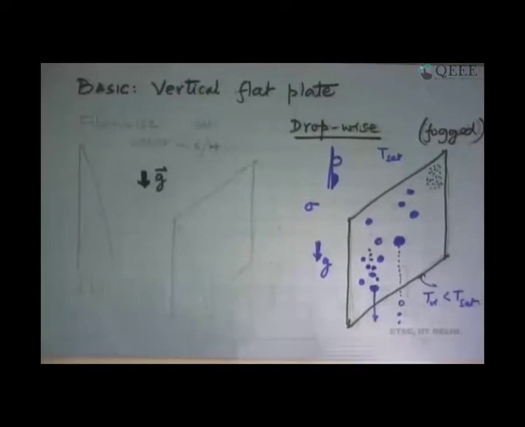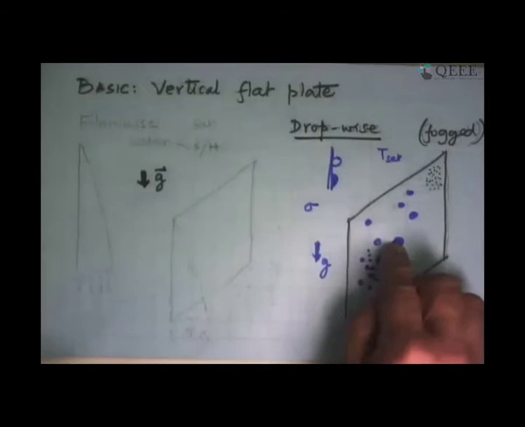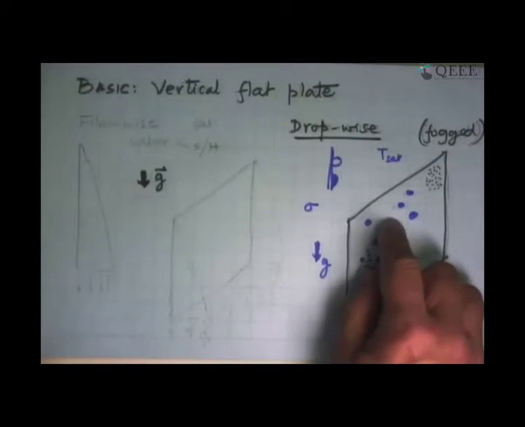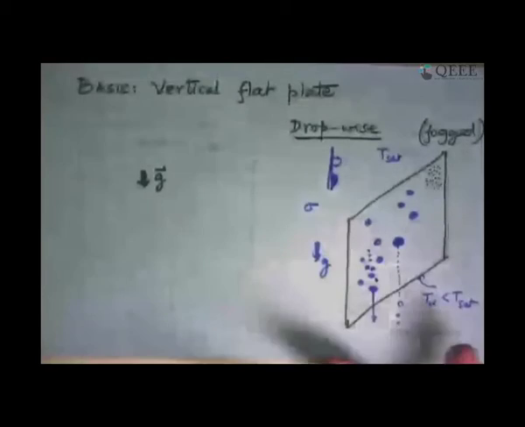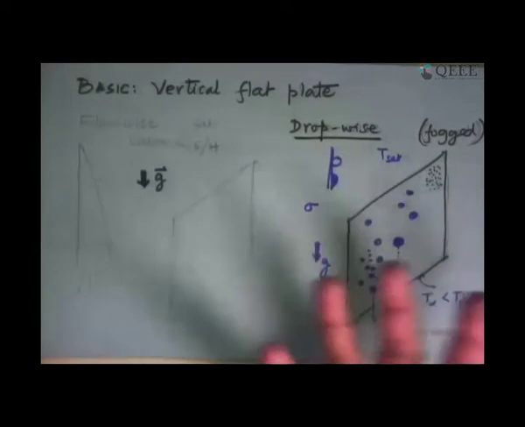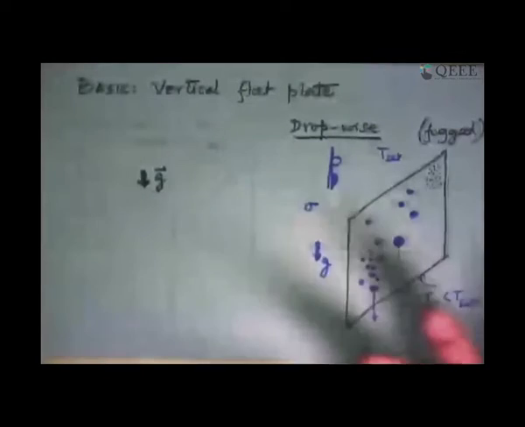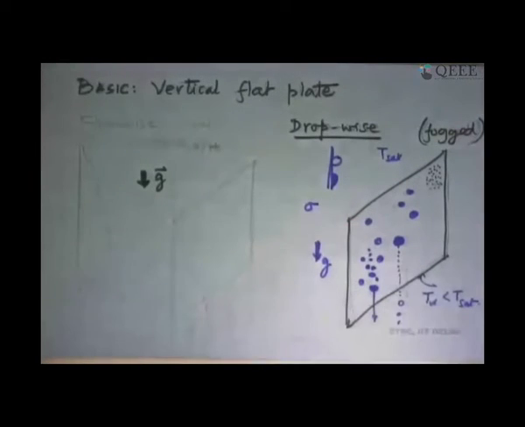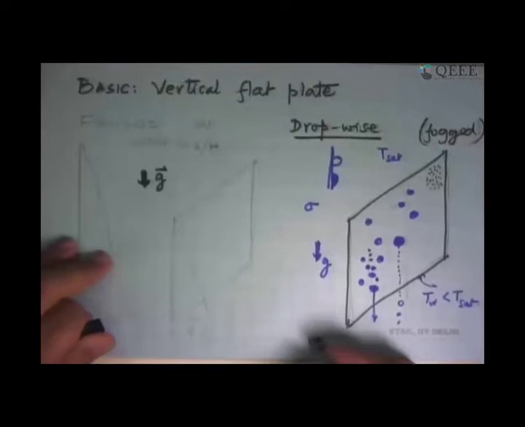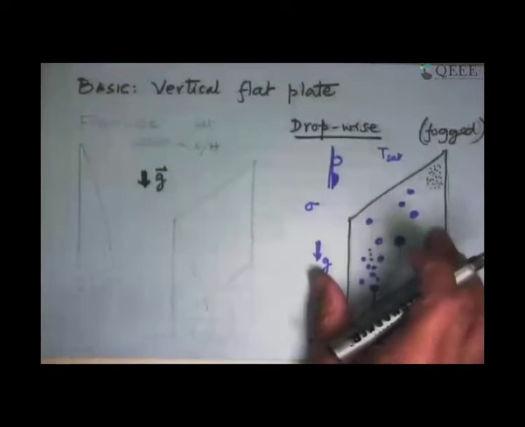And the nature of this phenomenon tells us, can I write exact equations for this? Well, yes, you can write equations for what's there in the drop. You can write an equation for the vapor, but can I solve these? What are the boundary conditions? Well, it's very difficult to solve because there are drops forming everywhere. Which drop will break? There is no fixed formula for that. So this process inherently has a degree of uncertainty and a degree of randomness. So an exact solution of this is not possible.